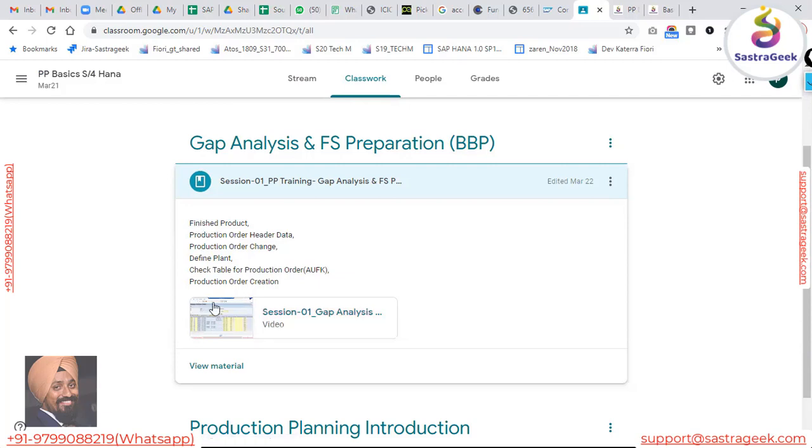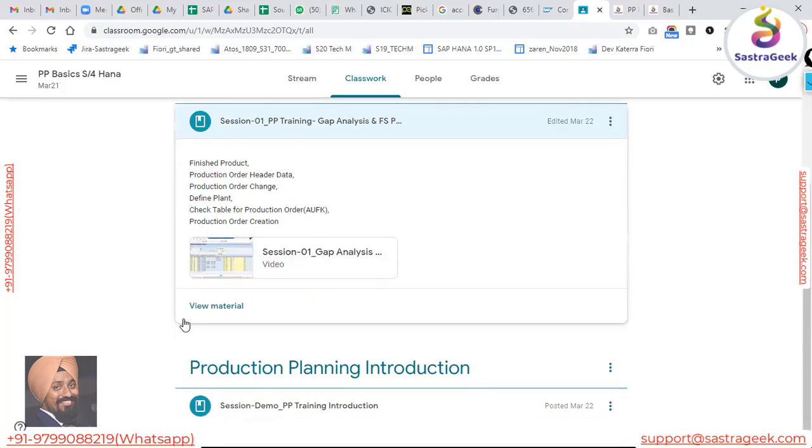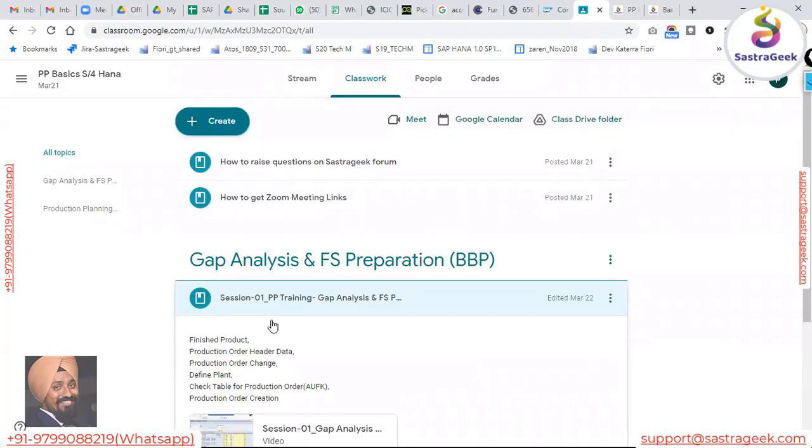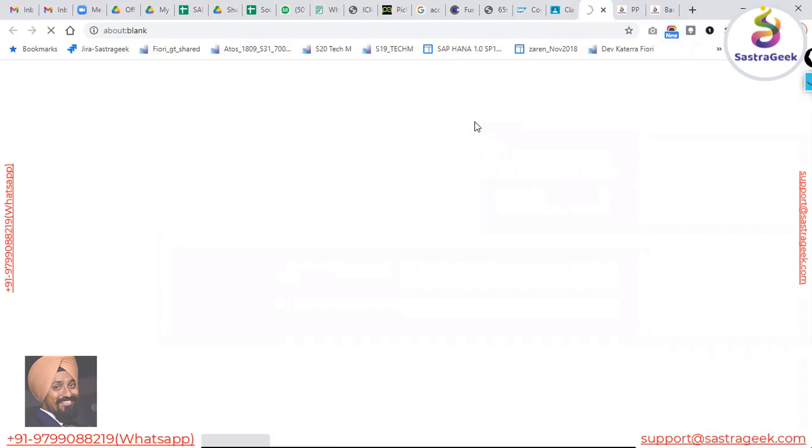The same way, there would be a separate tab you will be seeing here, where assignments would be put. There would be one more for session notes or the presentation also. We would be putting it here, and you would be able to go from here. Okay, if you want to see the session meeting links, how you can get them: here is the Google Calendar. This Google Calendar can sync with your calendar, and you will also get notifications from the Google Calendar that the meeting is going to start.